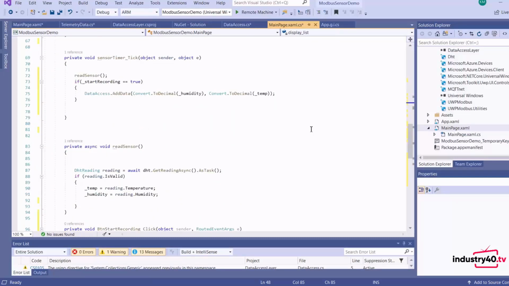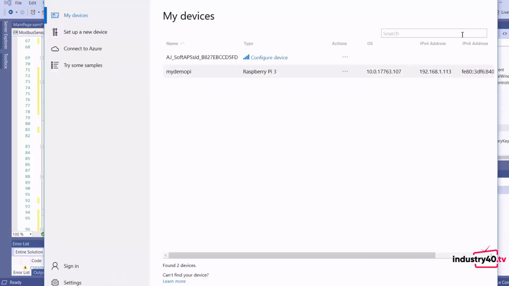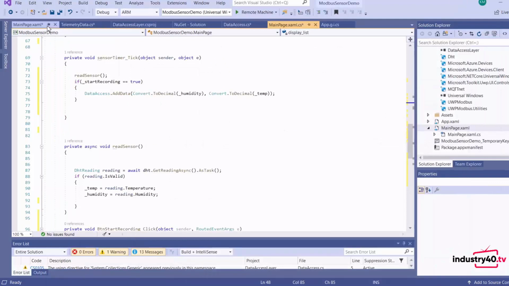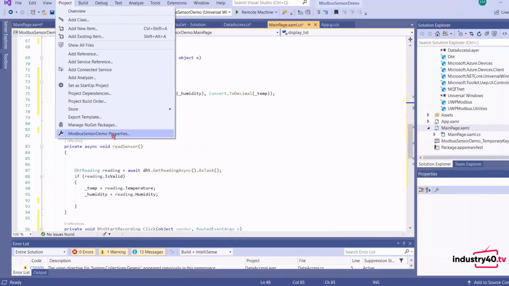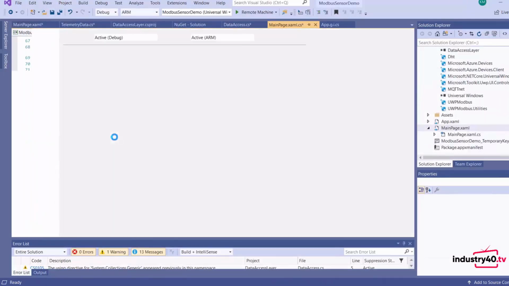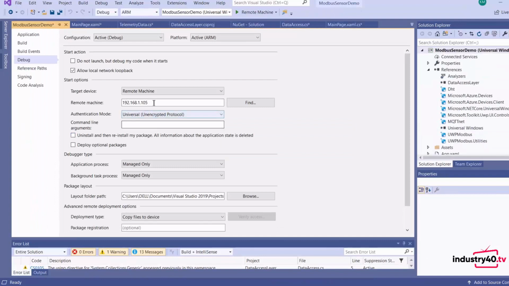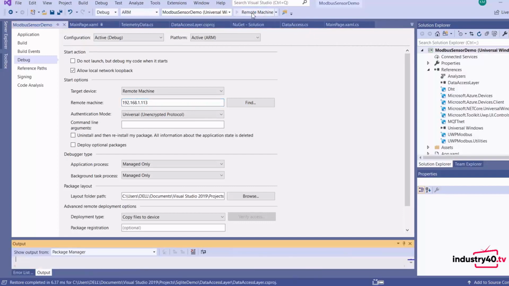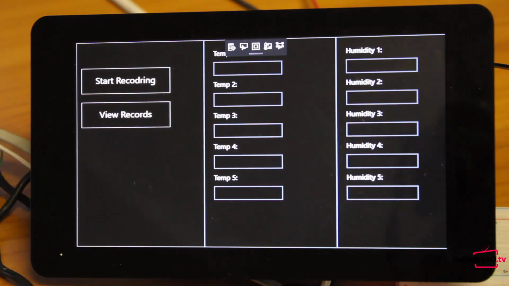Okay, so our app is ready to deploy. Let's check to see if our Raspberry Pi is online. It is. And then let's confirm that we're pointing to the right device here. Okay, and then we can go ahead and deploy. Okay, so our app is running now.